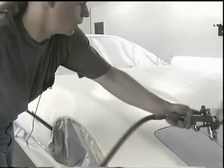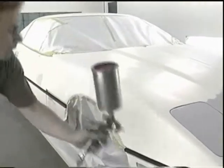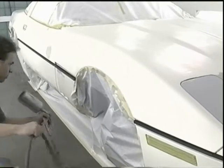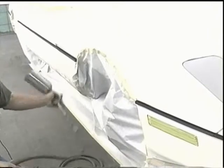Different people have different variations on this, but if you talk to any professional painter that does it for a living, they'll tell you that you do the push-pull method. Absolutely. You're coming back down, catching your edges, change your grip, catch your edges,